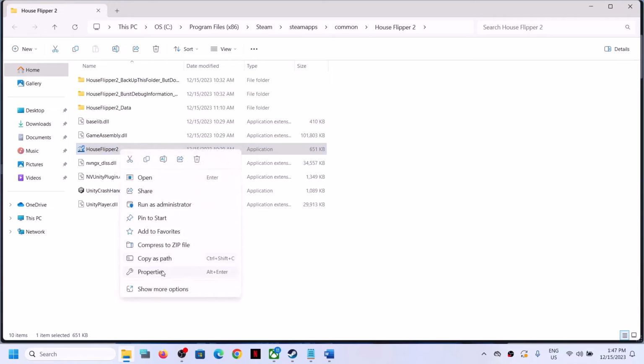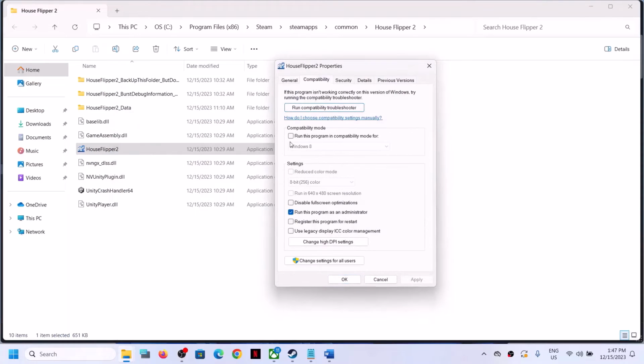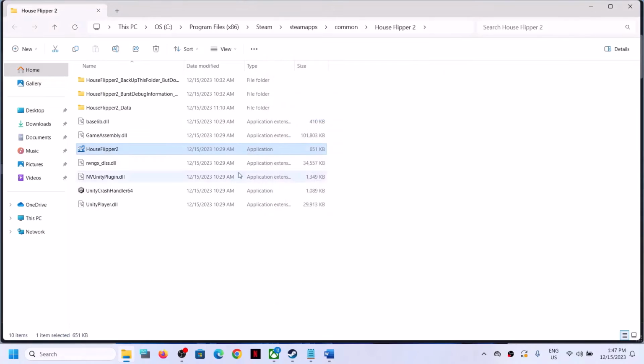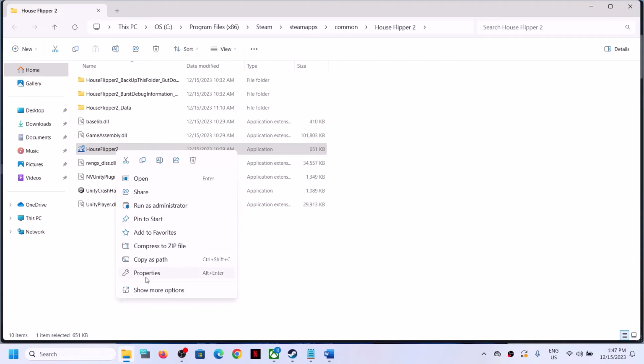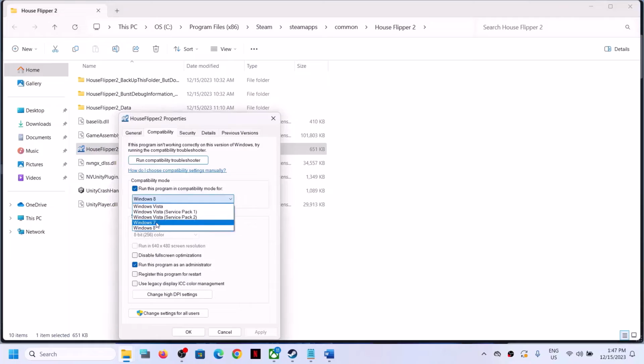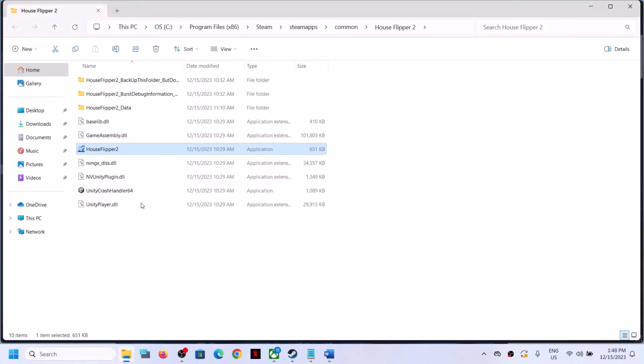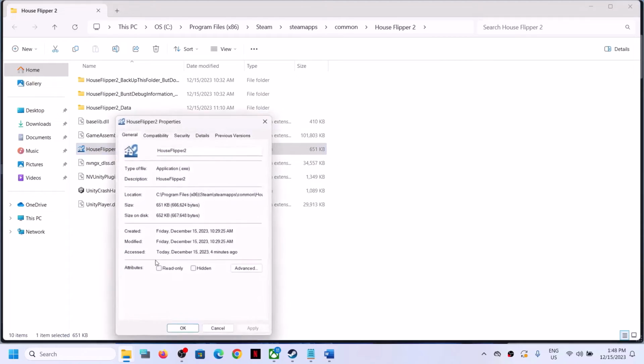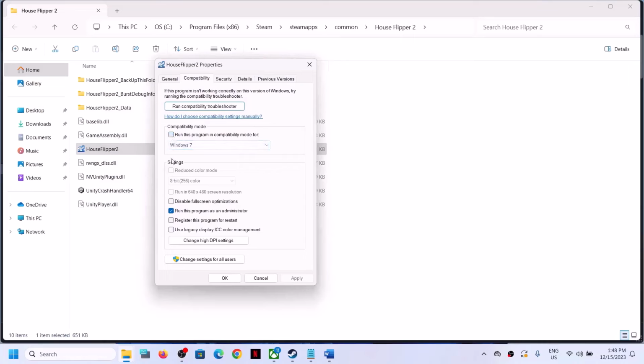If that does not work, select properties once again and over here put a check over here and then select Windows 8 and then click on apply and then click on OK and then make a double click, launch the game. Now if that does not work, make a right click on the game once again, select properties and this time select Windows 7 over here and then click on apply, click on OK, make a double click, launch the game. Now still you're facing the problem. In that case, select properties and then this time uncheck all the boxes from here. So checking the boxes, if it's not working, you can uncheck these boxes, click on apply, click on OK